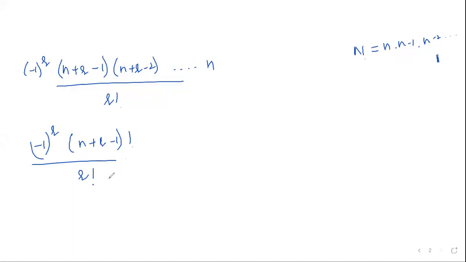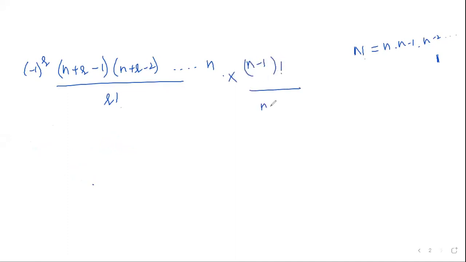We need to multiply here. If we have n, then we even need to have n minus 1 over here. That is, if I multiply both the numerator and denominator, before this step actually, we need to multiply the numerator and denominator with n minus 1 factorial. If I multiply it with n minus 1 factorial, we will have n minus 1 factorial defined as